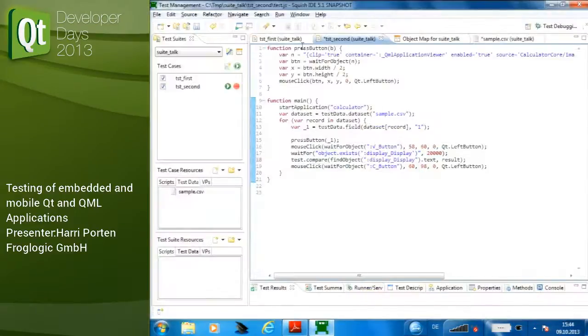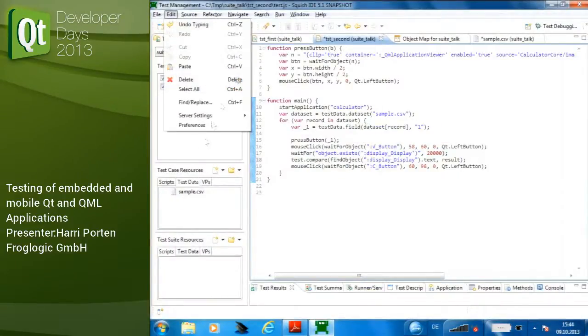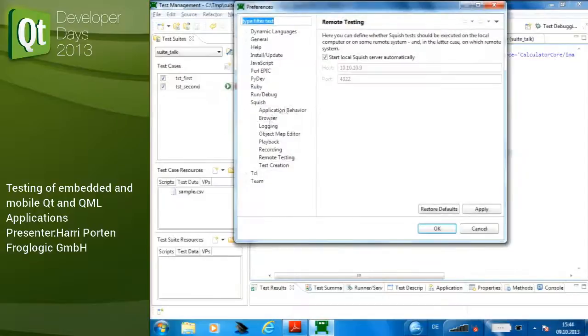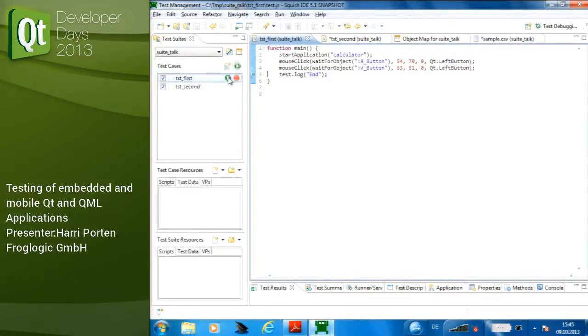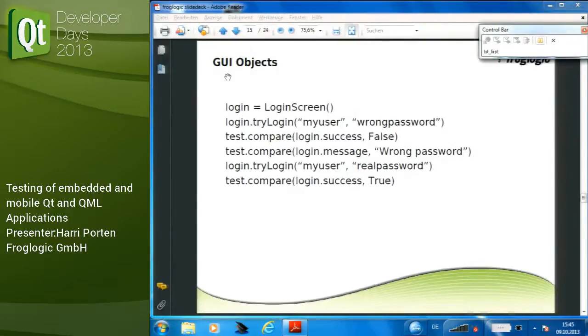Or maybe just to show off, I still wanted to see how the embedded part now will look like. And this is an easy change. I'll just go to the preferences and tell Squish to not do the testing locally, but do it over this IP address of this device. Logging in. There is a daemon running here that is shipped with Squish, and that is now able to receive the commands. Let's see whether,